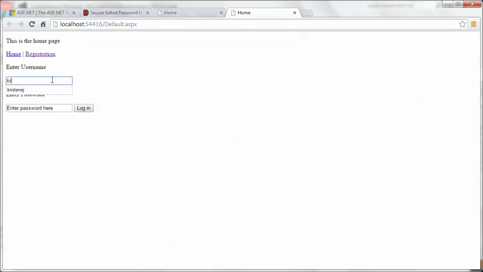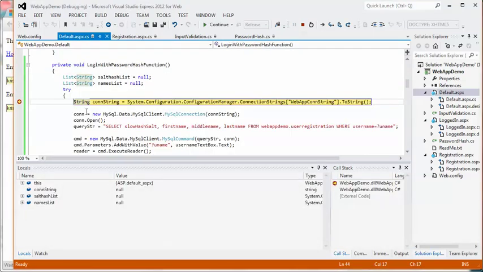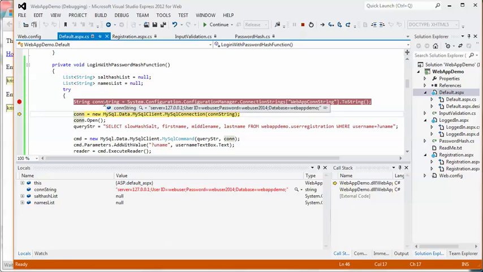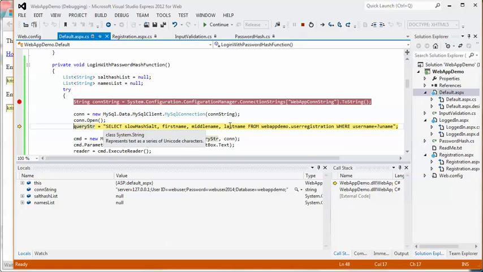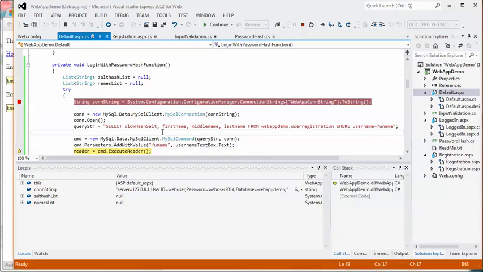Okay, so let's do this again with Kristen. Okay, it's stepping through, so let's just do this the first time. And we're getting the whole connection string from the web.config file. We're going to be grabbing the slow hash salt, first name, middle name, and last name whenever there's a column within the database that matches what the user put into the login field. In this instance, if there's a match for Kristen EJ,